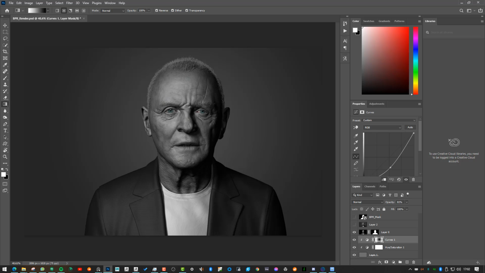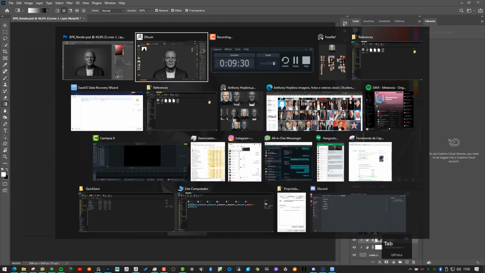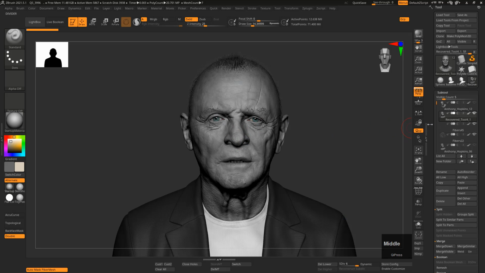We can try it, but let me show you the overall process of making a pure render in ZBrush by using the BPR passes and composing it in Photoshop. So as you can see, we are not bringing him to any render engine, but maybe later on, maybe on some other course, I don't know, we can try to do this,